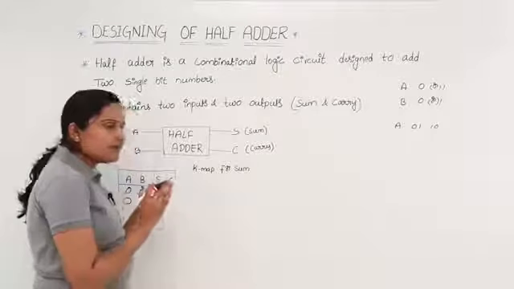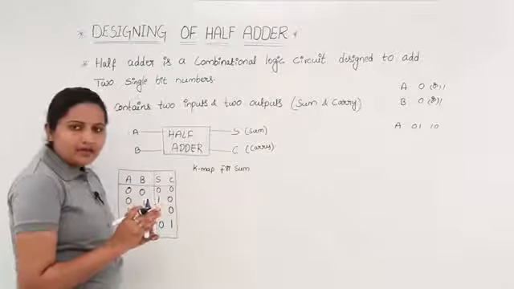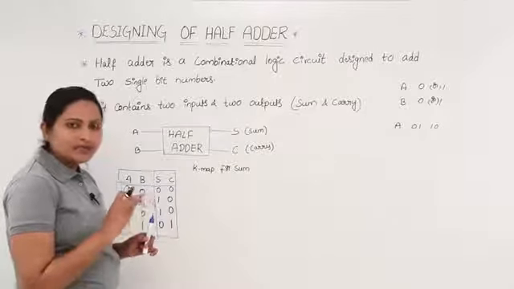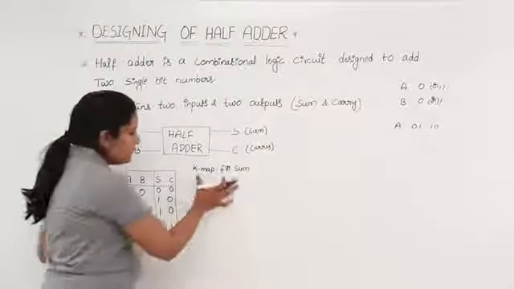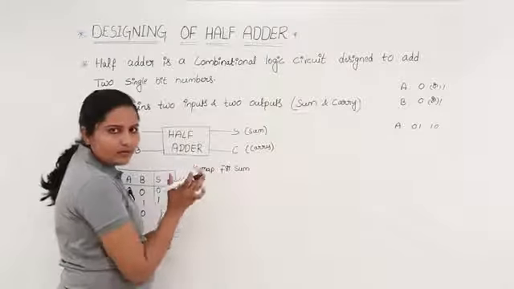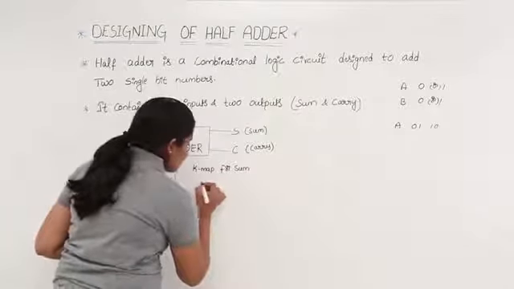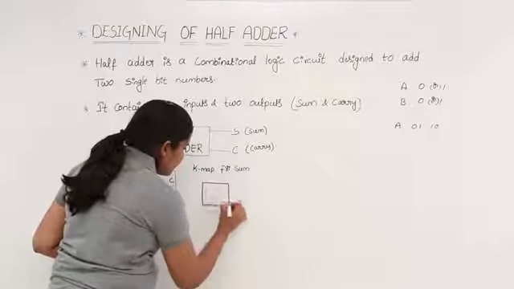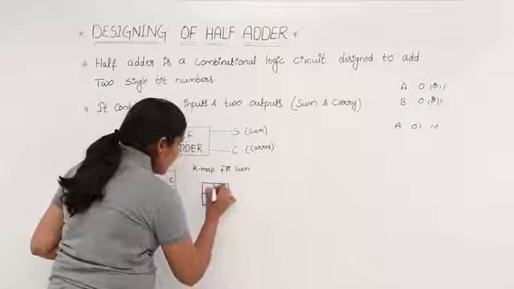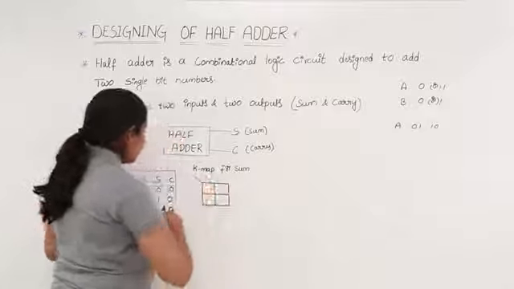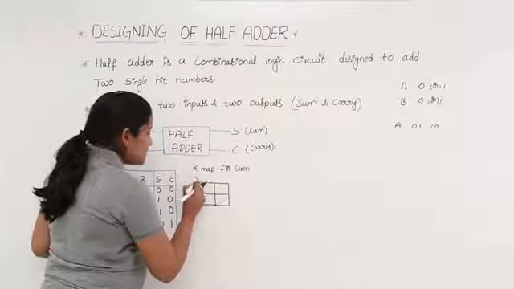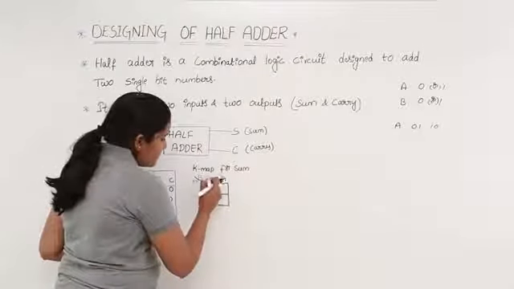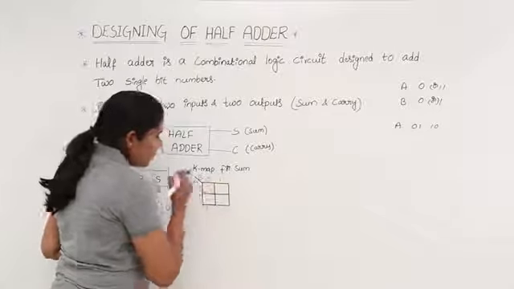So whatever K-map is there, how many variable K-map we need to consider depends upon the input variables. Here we are considering the K-map for sum. For this sum we have two variables, so definitely you need to consider a two variable K-map here. So I am considering a two variable K-map. In it I am placing one variable here and another variable here. The possibilities of these variables may be 0 and 1.